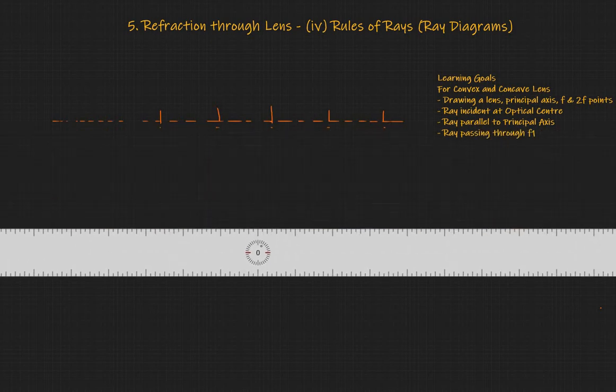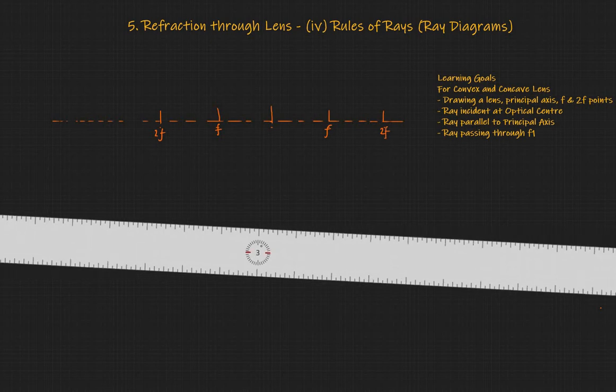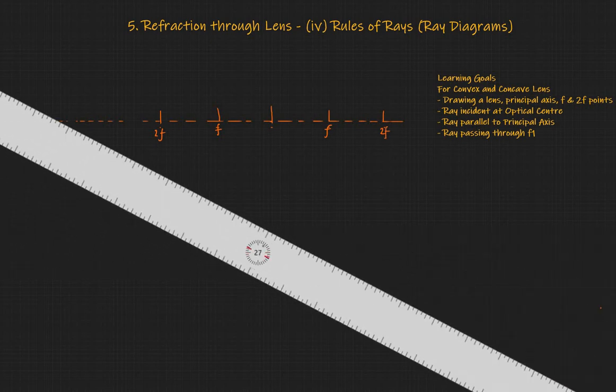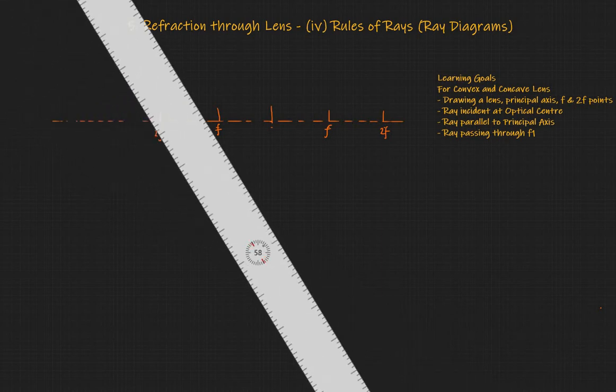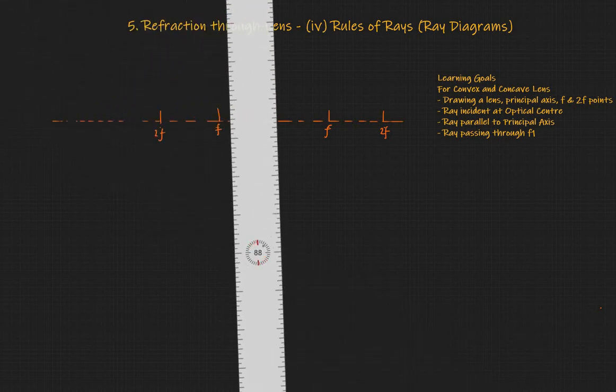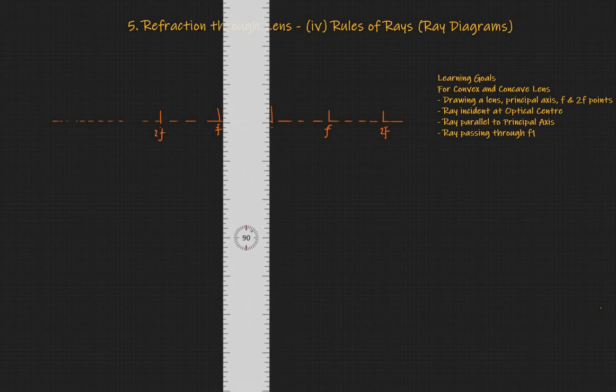So we're going to mark them as, this is going to be our F, this is going to be our 2F, this is going to be our F, and this is going to be our 2F. Now once we do that, let's draw the center of our lens, which is here. So this is our center,